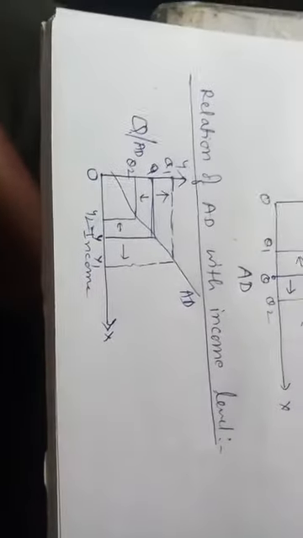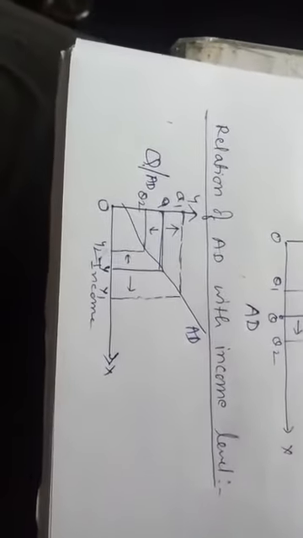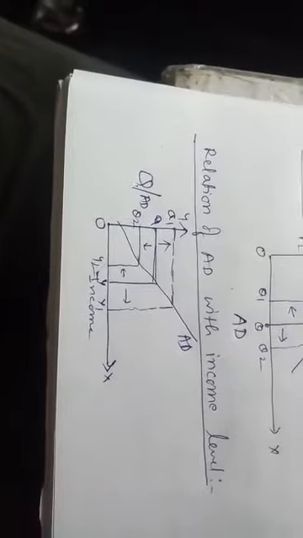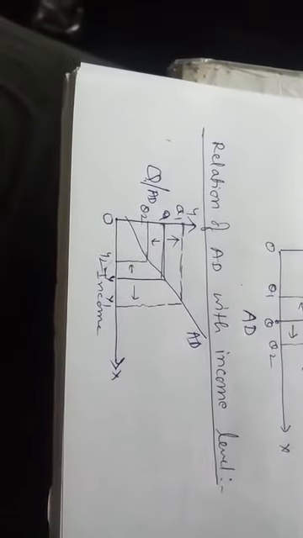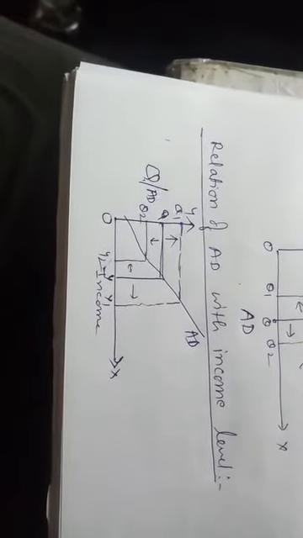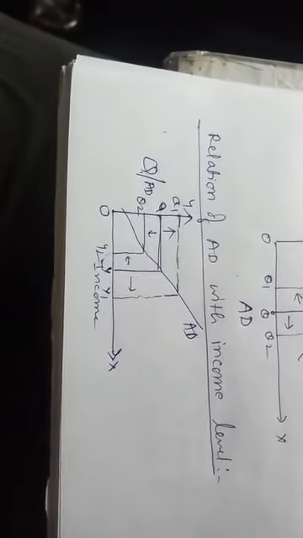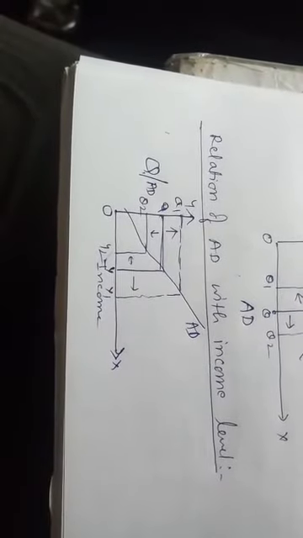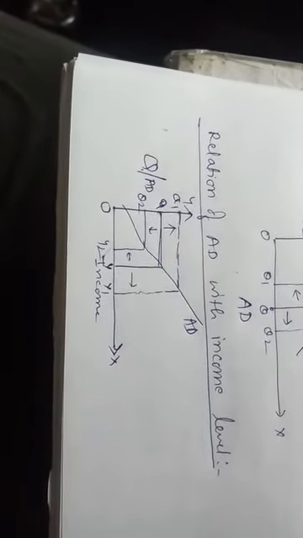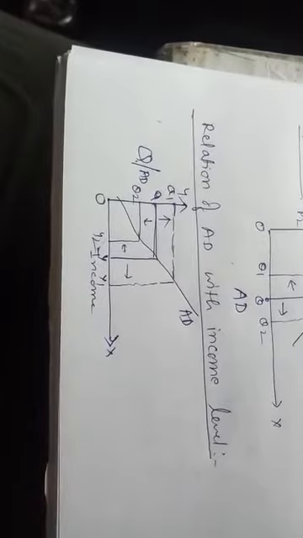Once again I am telling you the meaning of aggregate demand. Aggregate demand refers to the sum total of demand for all the goods and services in an economy during the period of an accounting year. It is the aggregate or total expenditure on final goods and services in the economy. If people tend to spend more than what they were spending on goods and services earlier, it means a rise in aggregate demand, and vice versa.